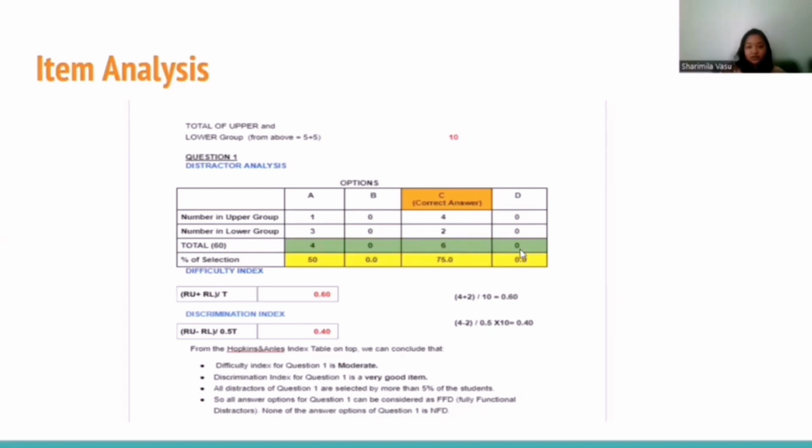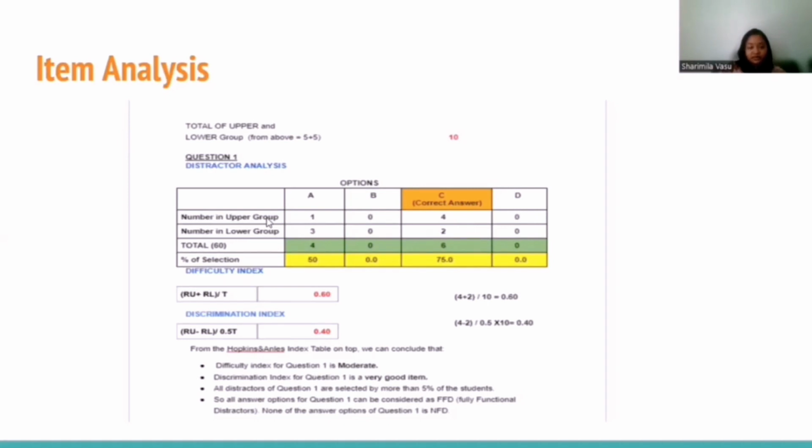So the total is 40, 60. So the percentage of selection is 50, 0.0, 75, 5.0, and 0.0. So the calculation for difficulty index is about the persons who answered correctly. So 4 plus 2 divided by 10 is 0.60, and the discrimination index is the upper group